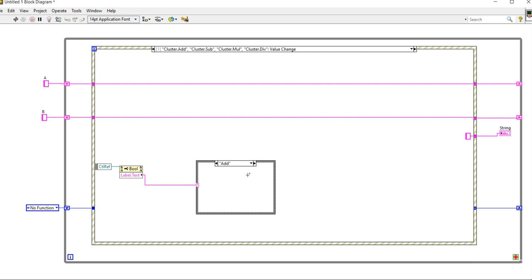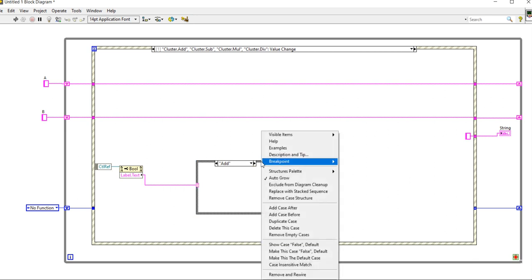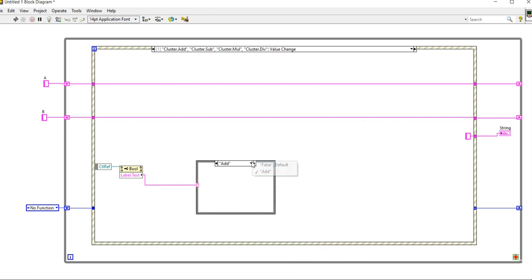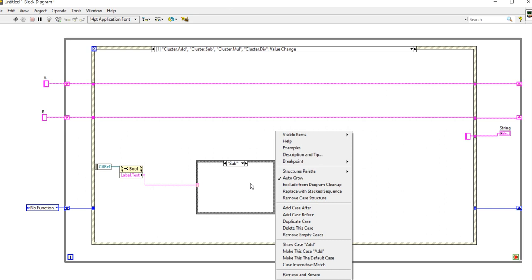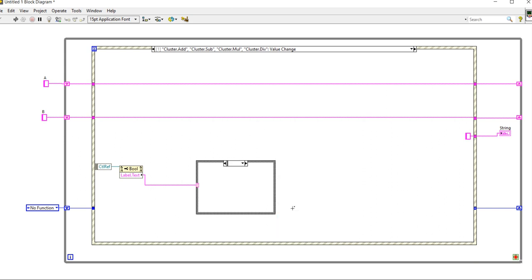Add, subtract. After that, add case after, divide, add case after, multiply. And one more we can create here: clear.